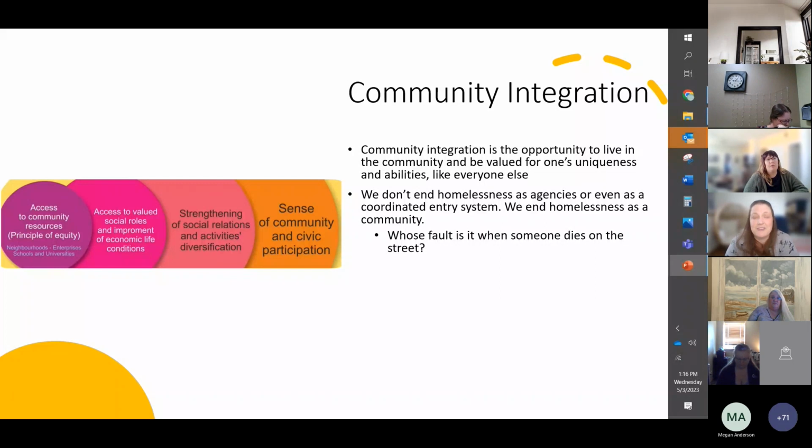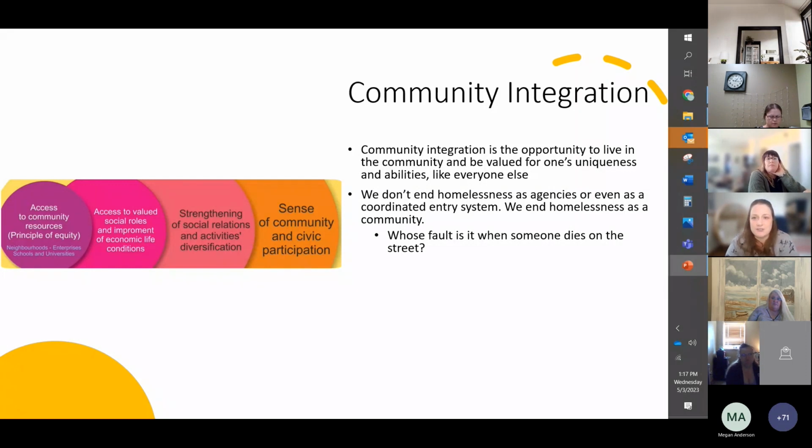I think around the community integration piece too, we don't end homelessness as agencies or even as a coordinated entry system. We end homelessness as a community. I remember how devastating it was when I was working in shelter and we'd get calls from the news saying, so this person died on the street last night. Where was your shelter? What were you doing? And while it's always important for shelters to look at what did happen and what we were doing, I just wanted to answer back